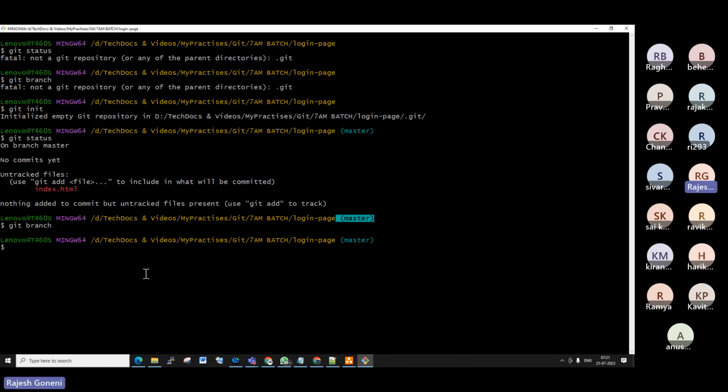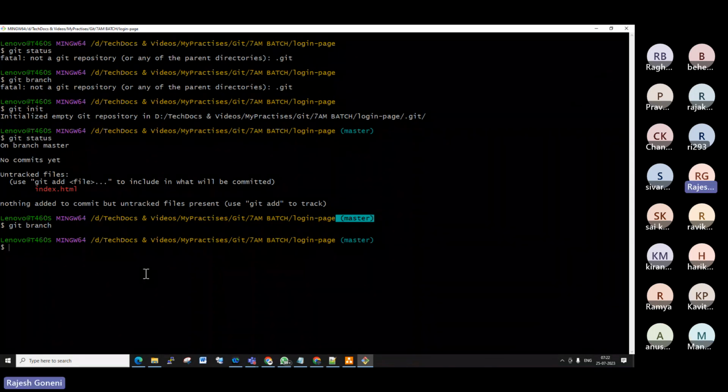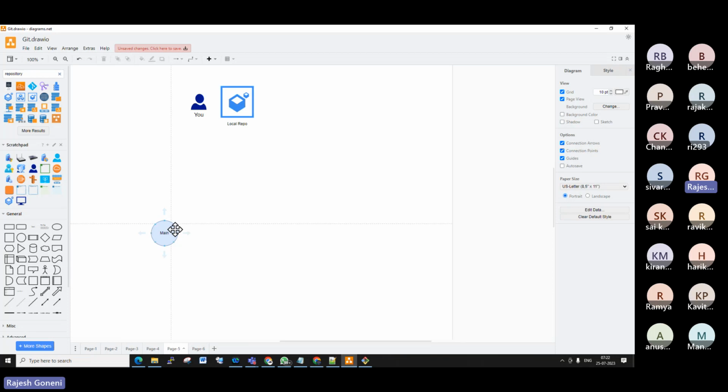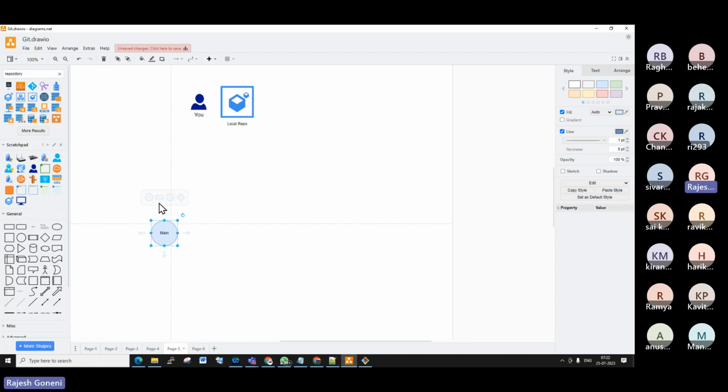Because still this is a local repository. It is not considered as a repository branch or maybe another name. We don't know. Still it is a local repository unless we push the data to the main location. So what we need to do in this particular stage, I'm not doing any modification here. I'm directly moving to